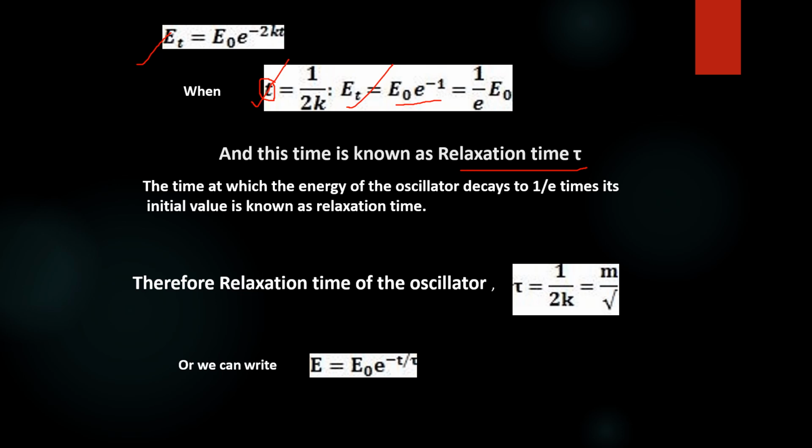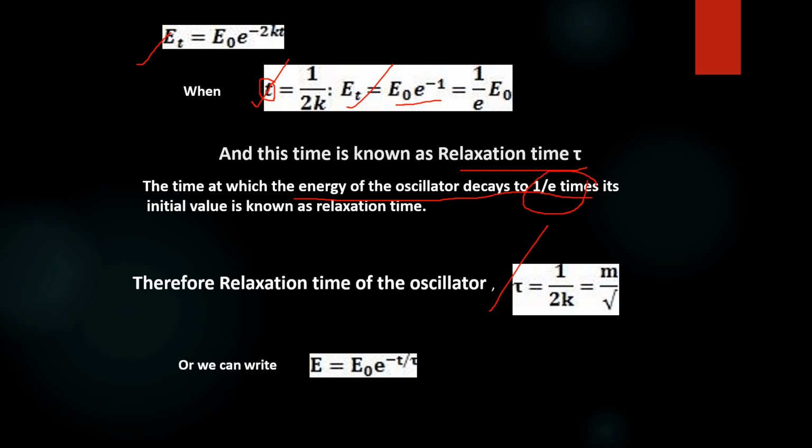So you can define the relaxation time as the time at which the energy of the oscillator decays to 1 by e times its initial value. The relaxation time of the oscillator is given by tau is equal to 1 by 2k,